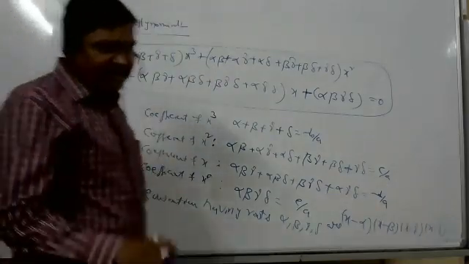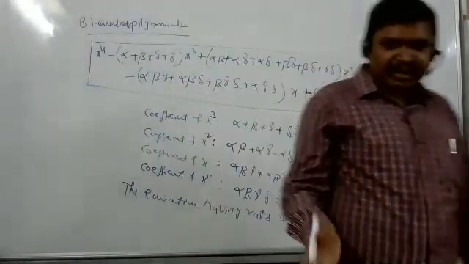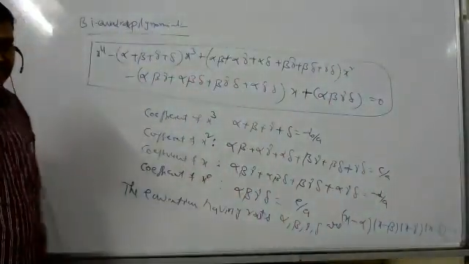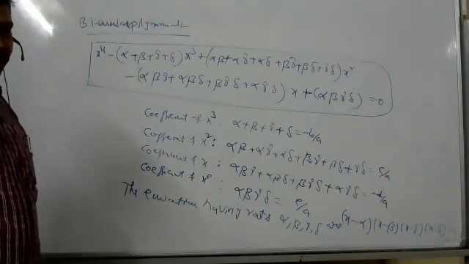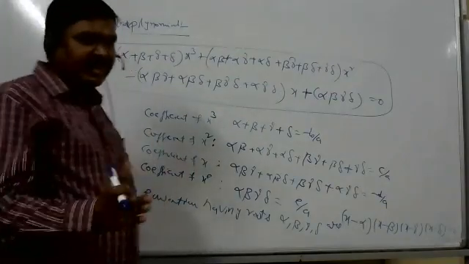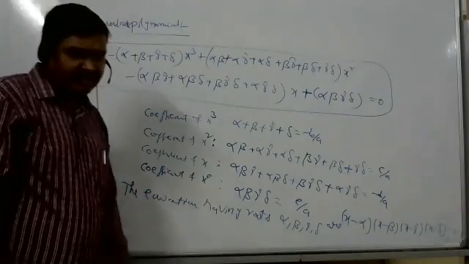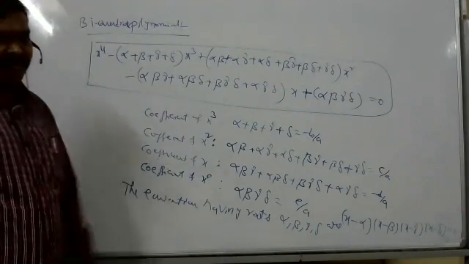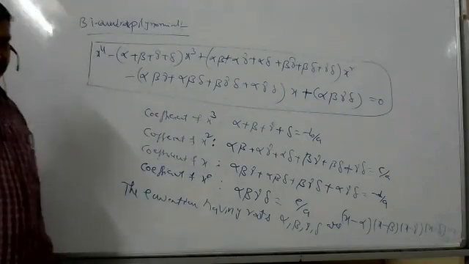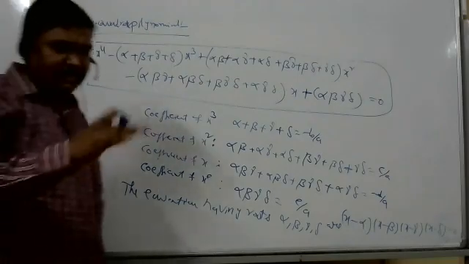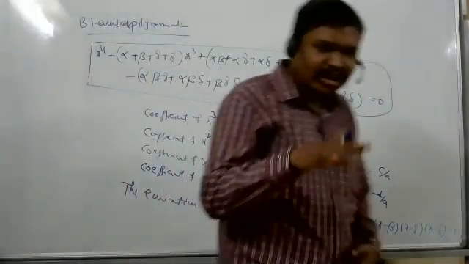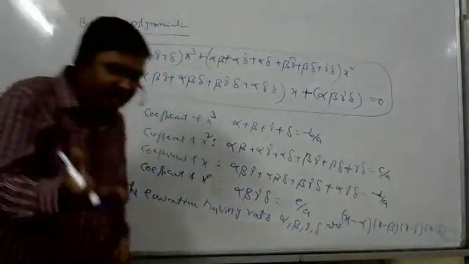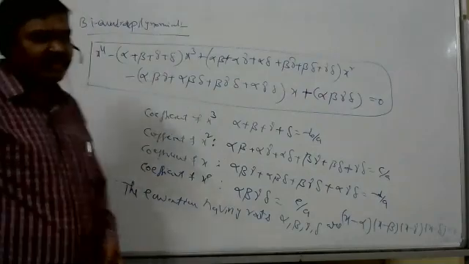There are four types of polynomials: one is linear, second is quadratic, third is cubic, and fourth is biquadratic. But cubic and biquadratic theory of equations is a separate chapter. Some textbooks include theory of equations with quadratic equations, some include inequalities with quadratic equations. Theory of equations is given separately.